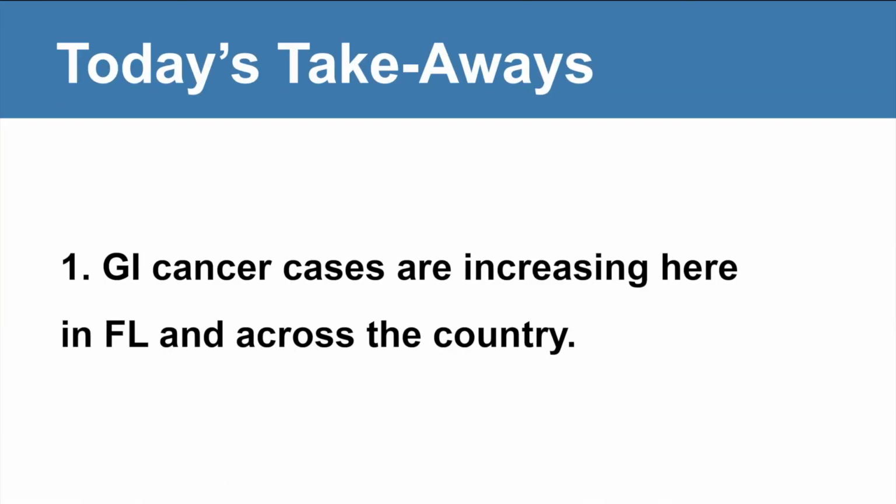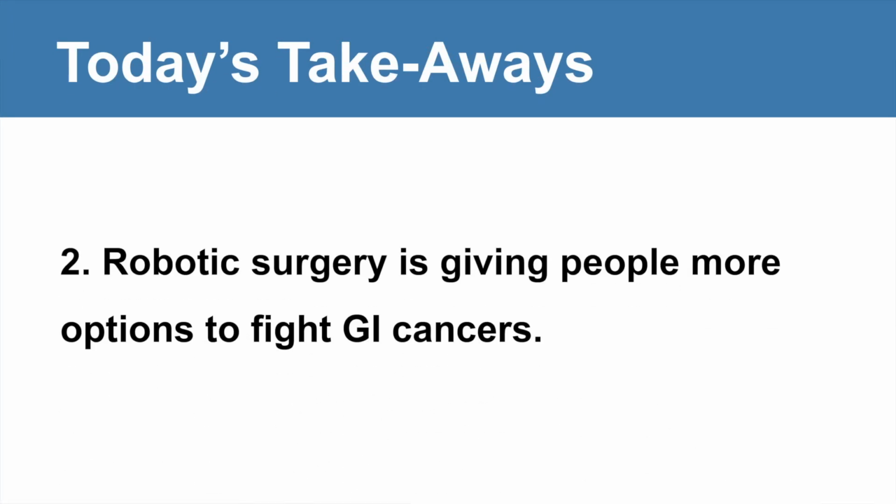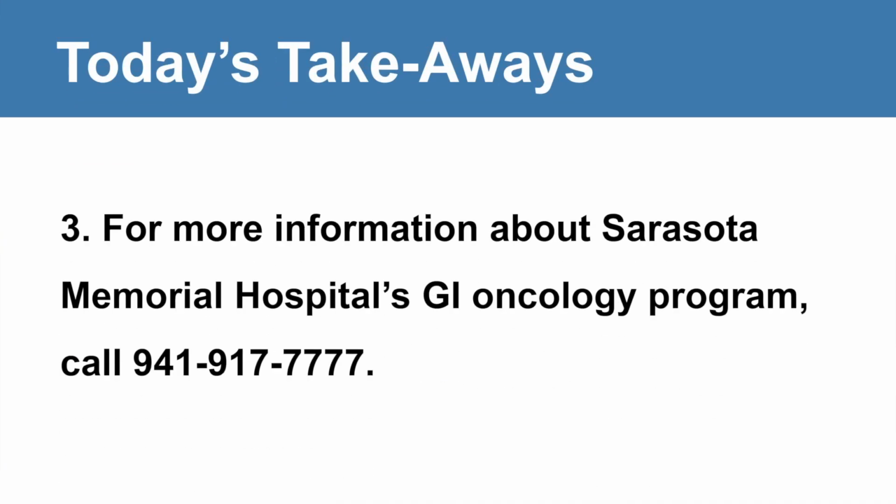Time now for today's takeaways. One is that GI cancer numbers are increasing here in Florida and across the country. Two is that robotic surgery is giving people more options and more hope to fight certain GI cancers. And three, for more information about Sarasota Memorial Hospital's GI Oncology program, just call